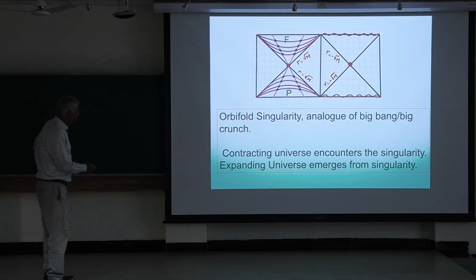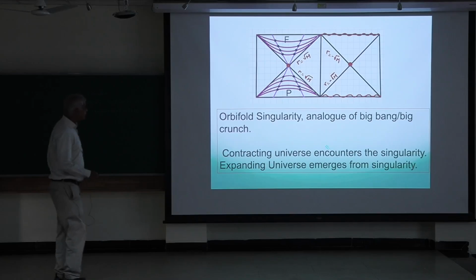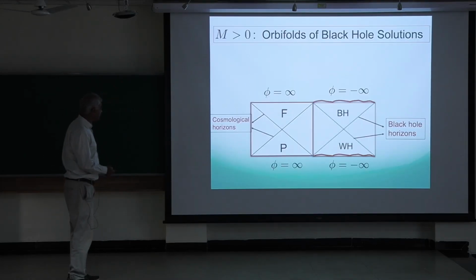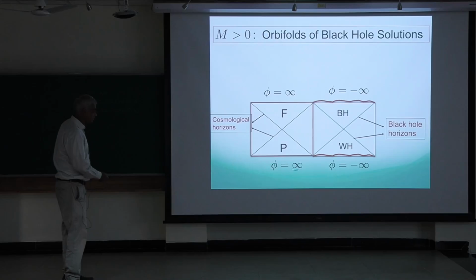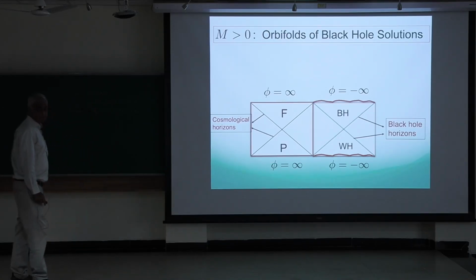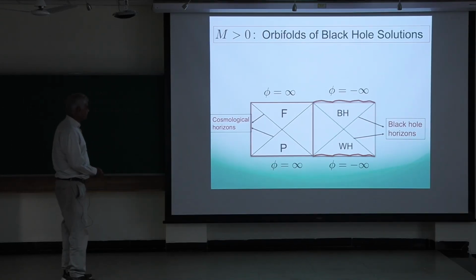So phi is infinity, and then it hits root m, and then at the orbifold singularity, you jump across and go into the future Milne wedge, and then it expands again. And that would have been true even if I didn't make the orbifold identification. In a sense your phi would have, if you wanted to think about it varying continuously, you would go here and then go in there, and it would be a more continuous thing.